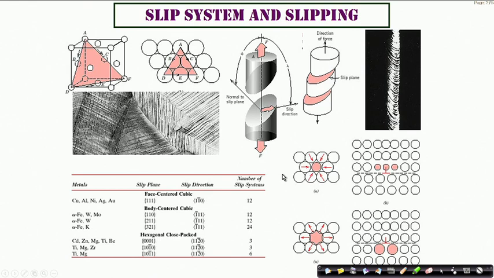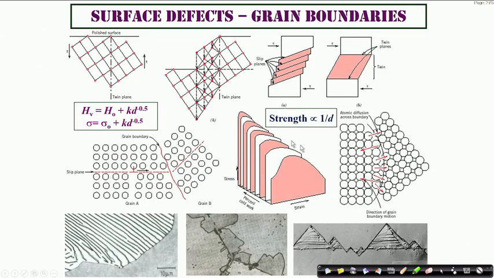This actually requires a much longer discussion, which is not really within the purview of this particular course, but since we are talking about the structure of solids, we need to at least make a reference to the fact that when we talk of crystals, we also have to remember that there could be defects which are dimensionally 0, 1, 2 and 3 dimensional. We have talked about 0 dimensional, we have talked about 1 dimensional, and now we need to talk about